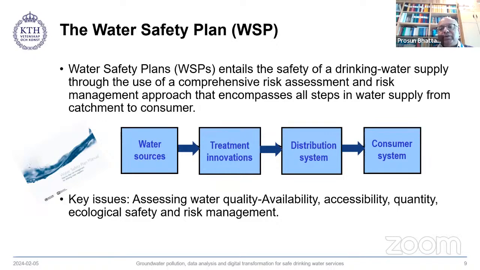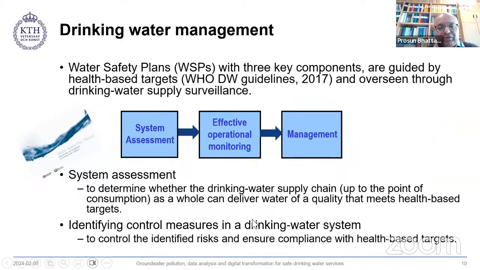So in this case, what we need to show here is water sources, and the key issues include assessing the water quality, availability in terms of amount, quality and quantity both, and then ecological safety and different risk assessment. So the three basic blocks can now be simplified further: system assessment, it's like mathematical equations, and then